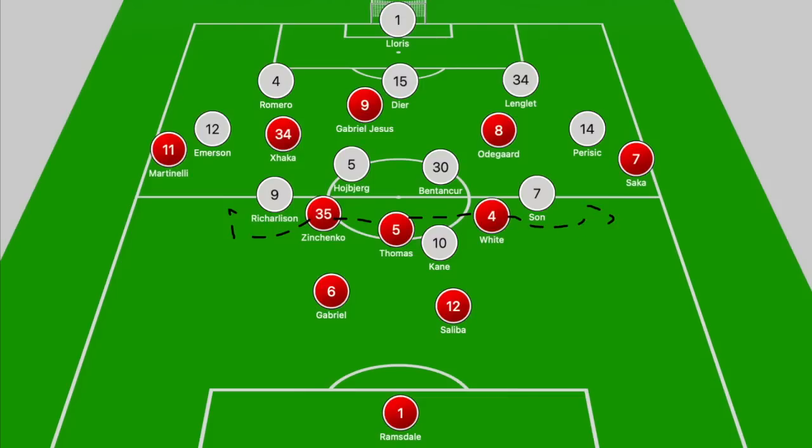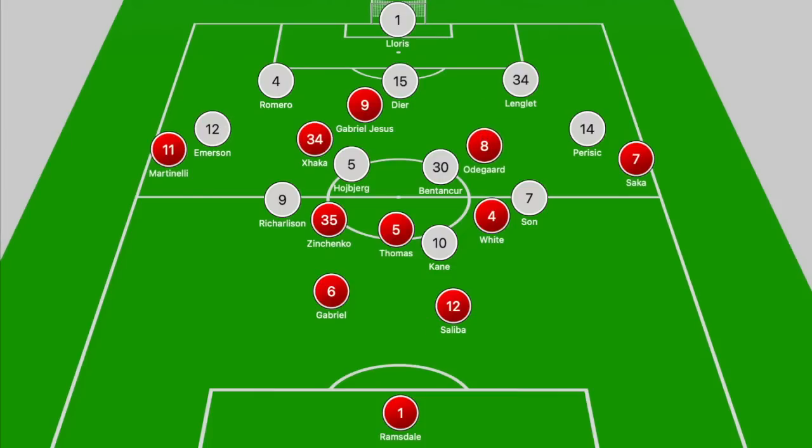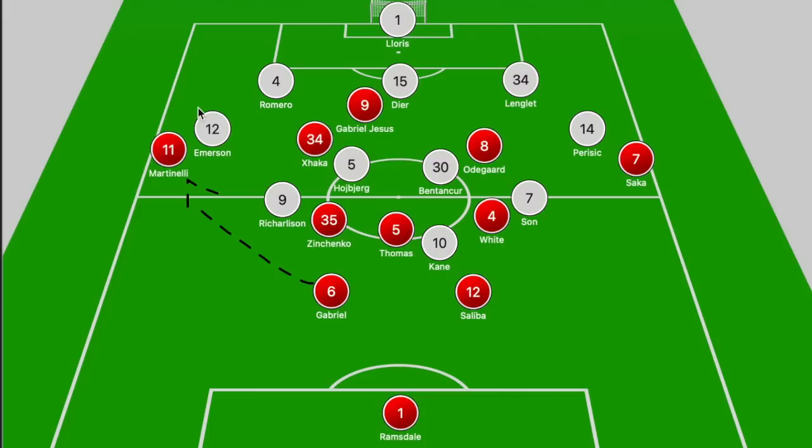Now obviously if Xhaka and Odegaard do push higher, that allows Højbjerg and Bentancur to shift over to provide cover for the wingbacks, and that's why their positioning was integral here. They didn't have to initially occupy the two center backs. They could have dropped off the shoulder of Højbjerg and Bentancur to ensure that they had to hold their position, and that would allow the ball to be shifted out towards Martinelli and Saka freely,